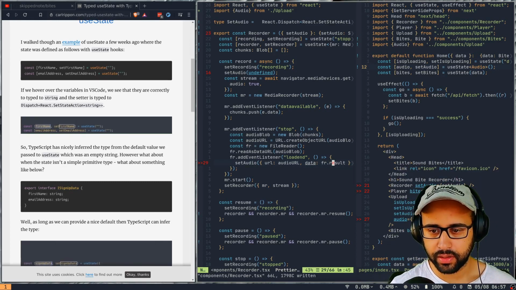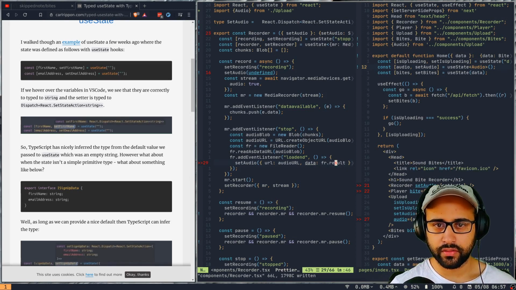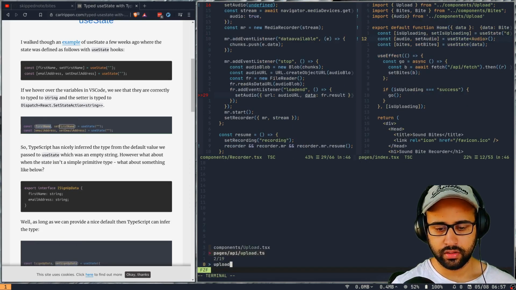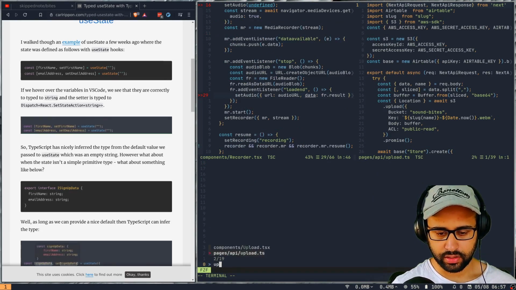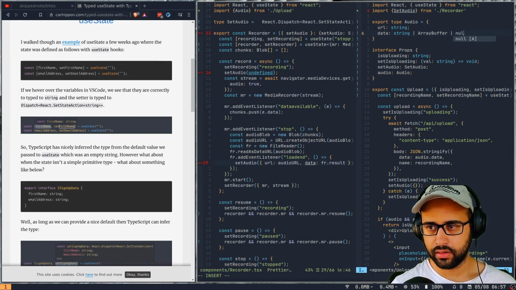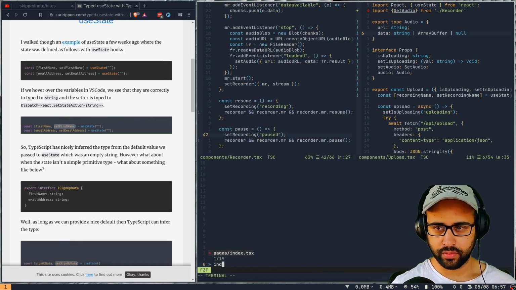So we have to type it out. Yeah, so in our audio interface, which is in upload.tsx actually, we have to type out that this could be null. There's a probability of that. So opening index here.